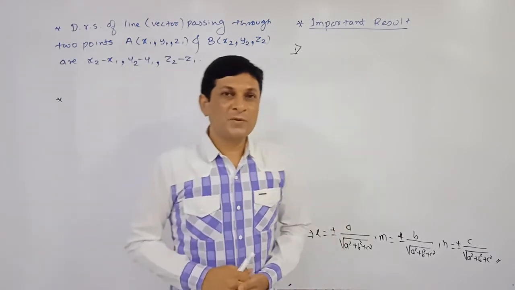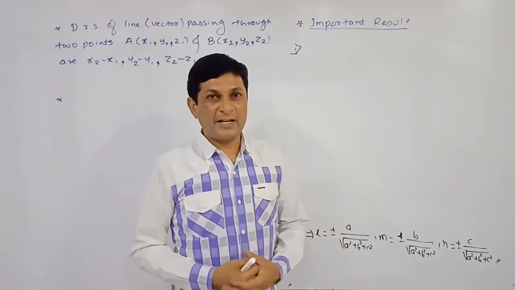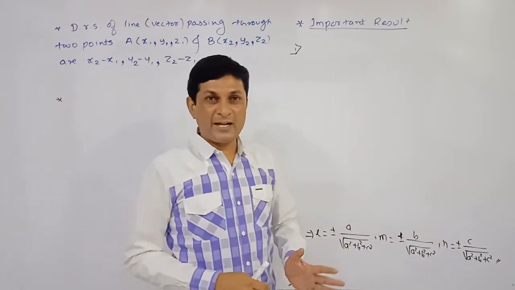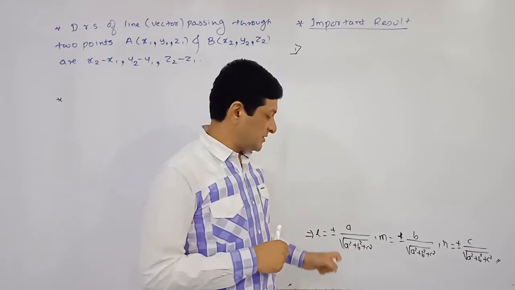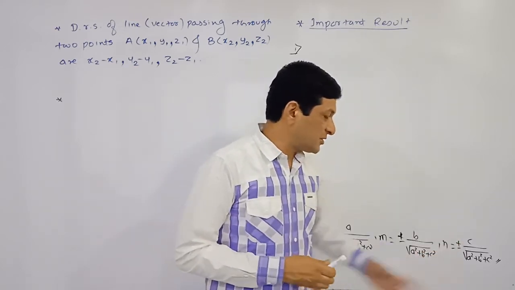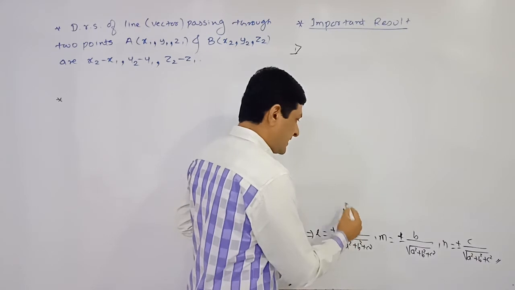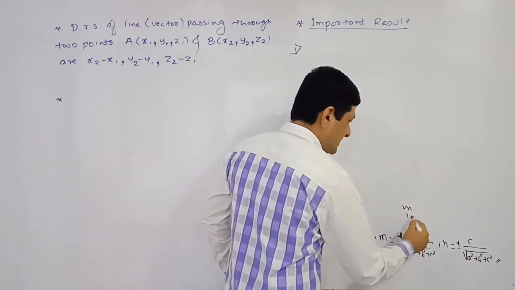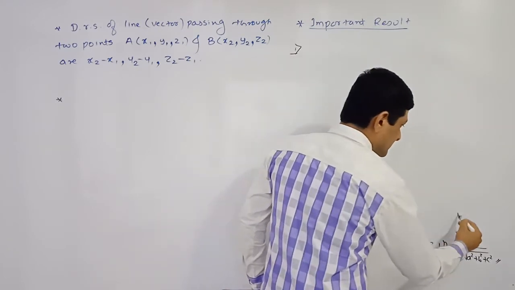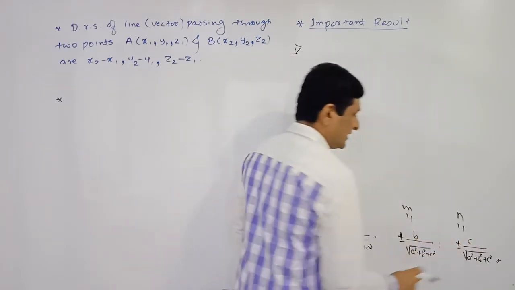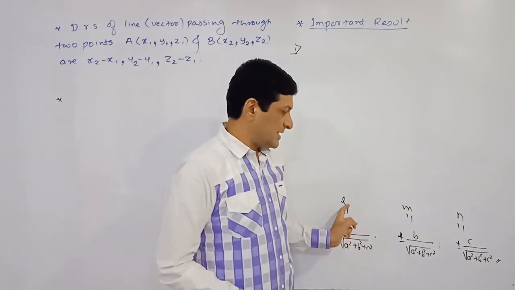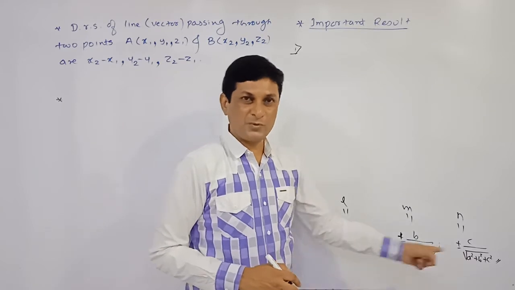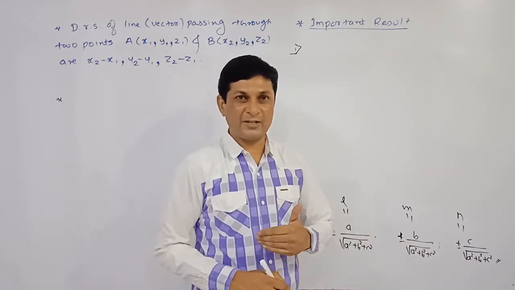Well, just now we have seen the direct relation between direction ratios and direction cosines. This relation is already written here. If direction ratios A, B, C are given to us, here we have seen how to find the direction cosines. This is the value of l, this is the value of m, and this is the value of n. So if A, B, C are given to us, then l, m, n can be found by applying this formula. If direction ratios are given, using this formula we are able to find the direction cosines.